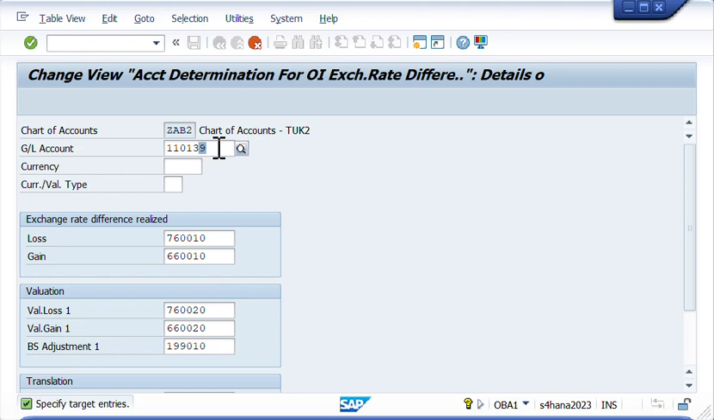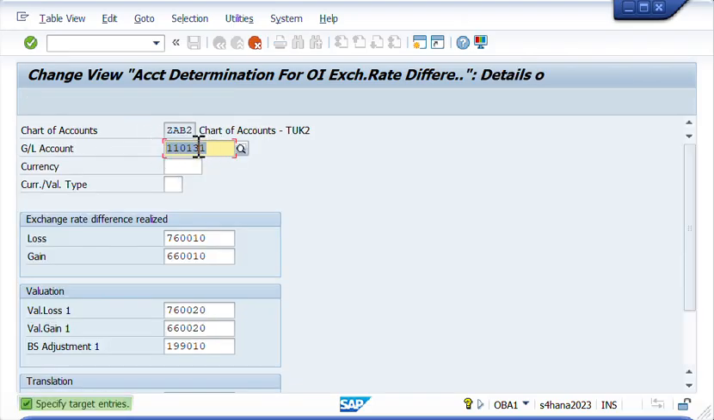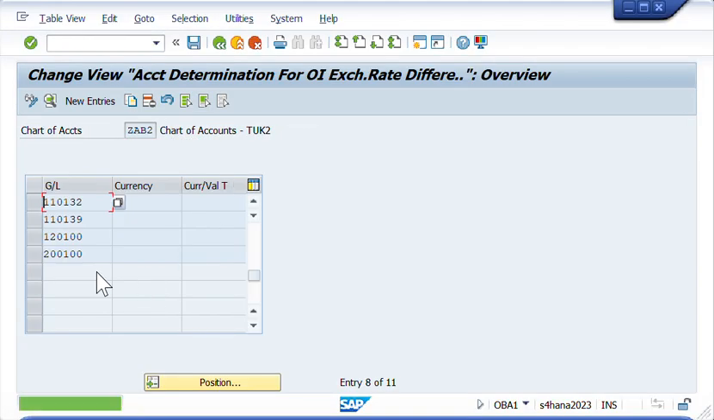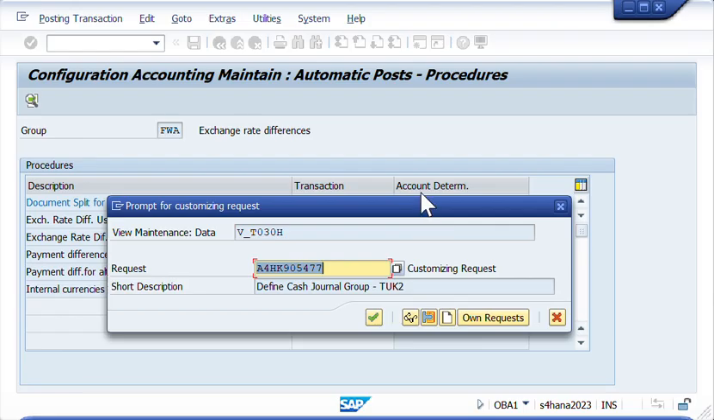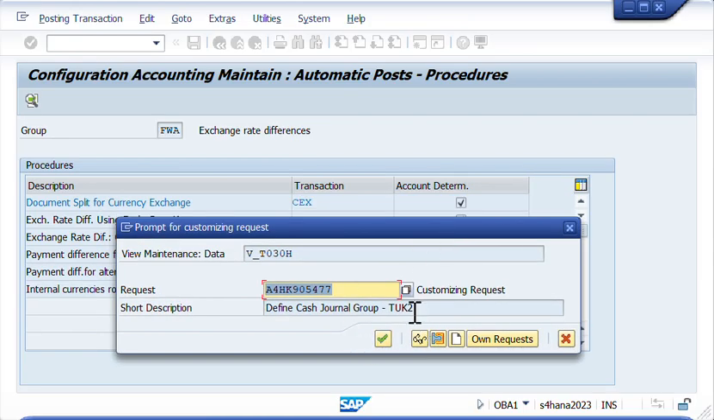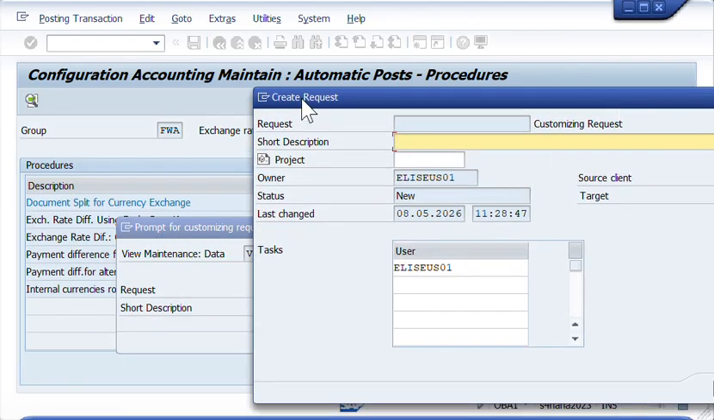And then for the incoming, hit enter. Okay, highlight again for the outgoing, hit copy and change it to 2. Hit enter and click save. So we'll just create a new customizing request to make it easier, and this will be exchange rate differences. Exchange rate differences for bank recon